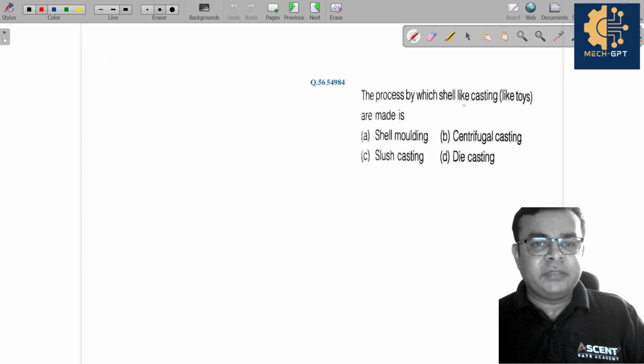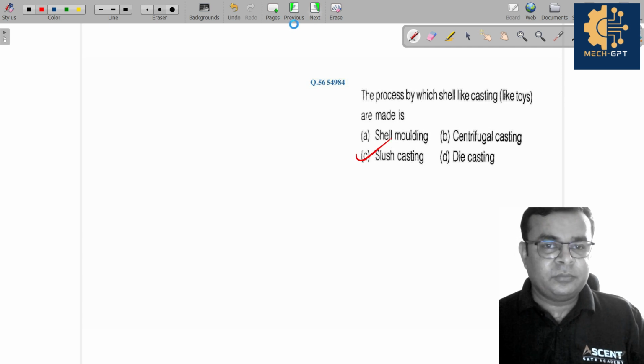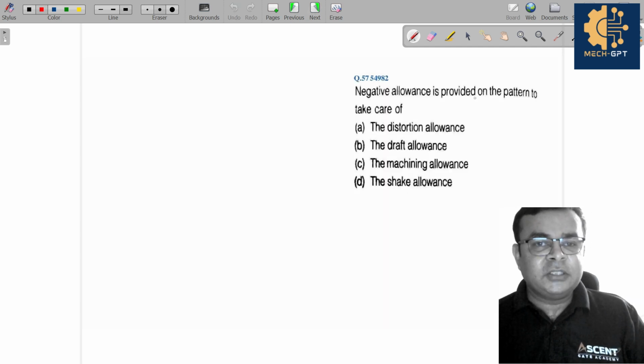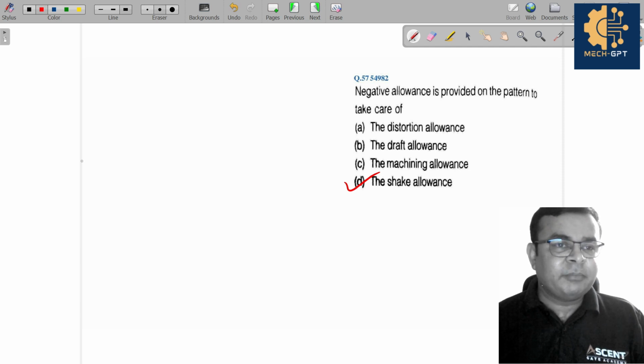The process by which cell-like casting, like toys, are made is, so this is mainly used in slush casting. So slush casting is used. Negative allowance is provided on the pattern to take care of draft allowance. Negative allowance is only provided for the shaking allowance, because when you shake them, let's say suppose if you have